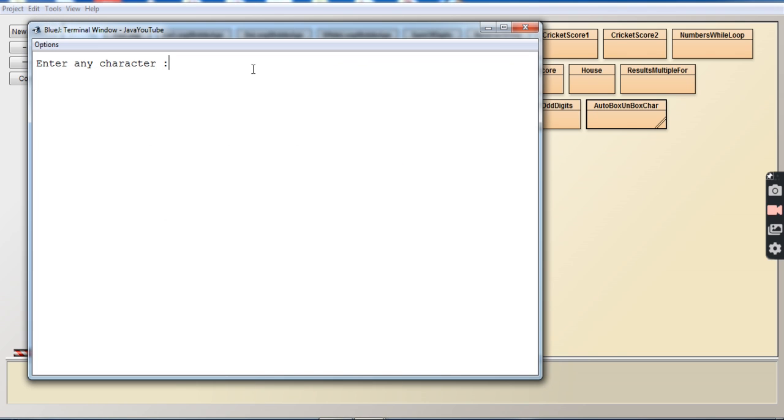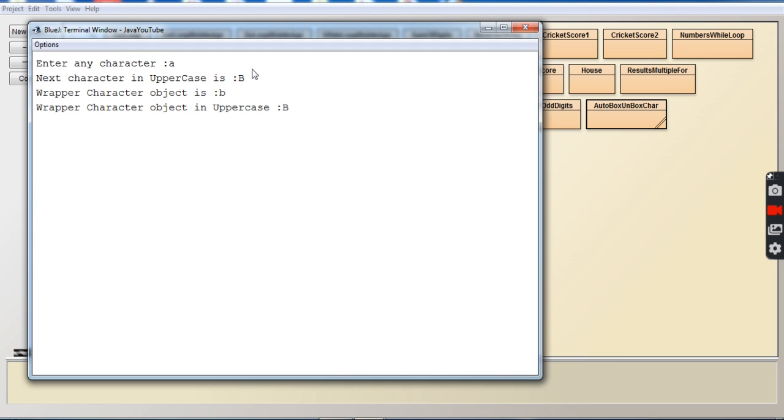So enter any character, and we have entered a lowercase a. See the output. Next character in uppercase is B. See, B is in uppercase, the next character, because after A, B comes. And the wrapper object, that second line I told you, see that it should be in lowercase.